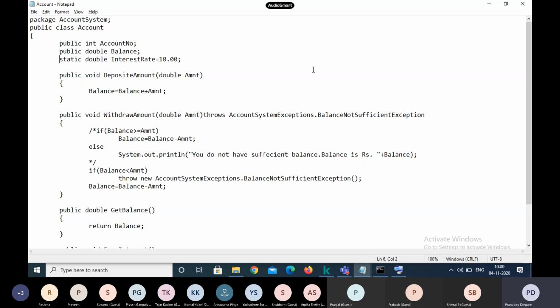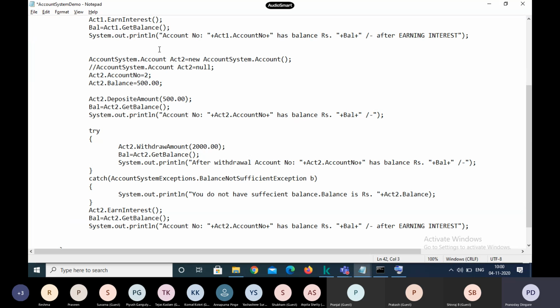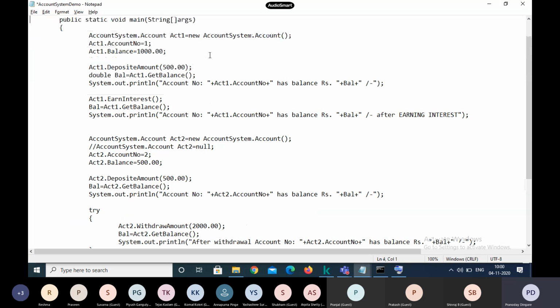So abstraction, what is it? Usually the class, if you made these variables public the way we did it, see here, this is very interesting. What is the problem in this approach? We are able to give the account number and balance, that's fine. 1,000 rupees I am giving. Now the balance should always be changed only through these two operations, deposit and withdraw,